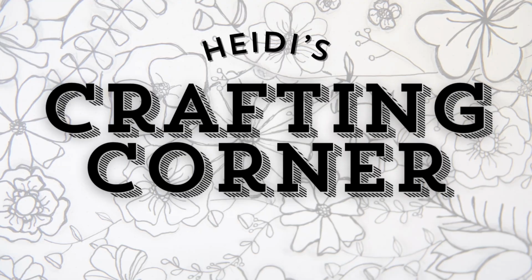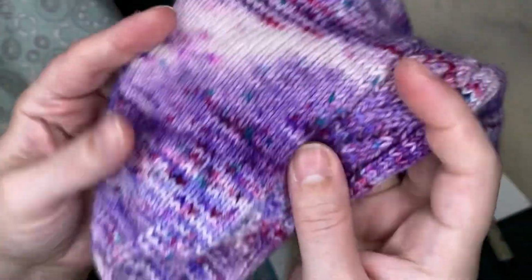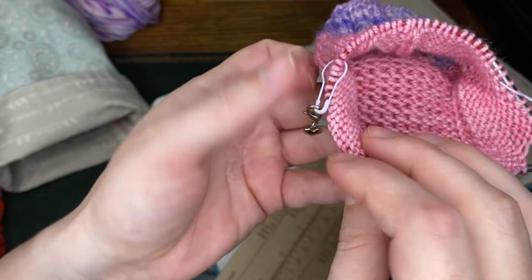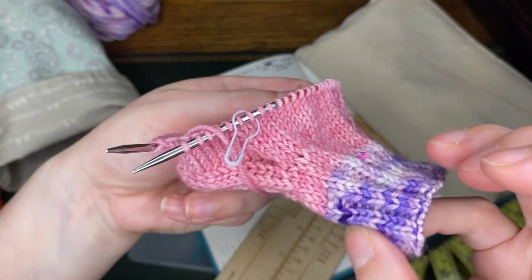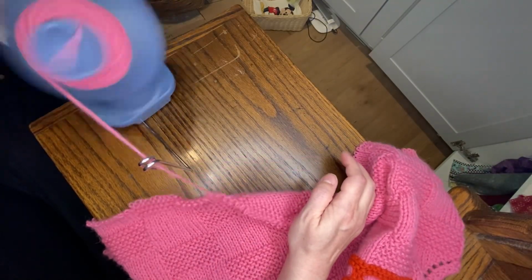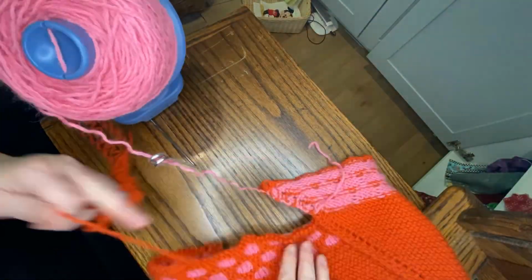Hello guys, I wanted to show you kind of how I'm ending this month of working on my blanket. I did get these socks done and I'm very happy with them. And then I cast on these little shorties for kids, and I'm using the same pattern that I used for the purple socks. I also really wanted to just finish caking up the blanket that I'm taking apart,